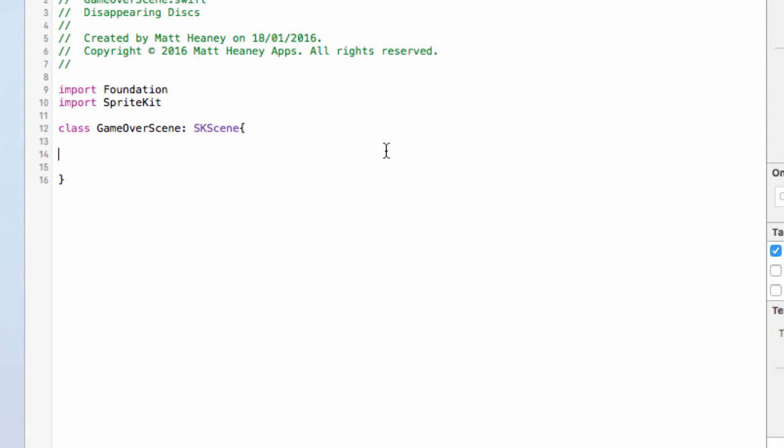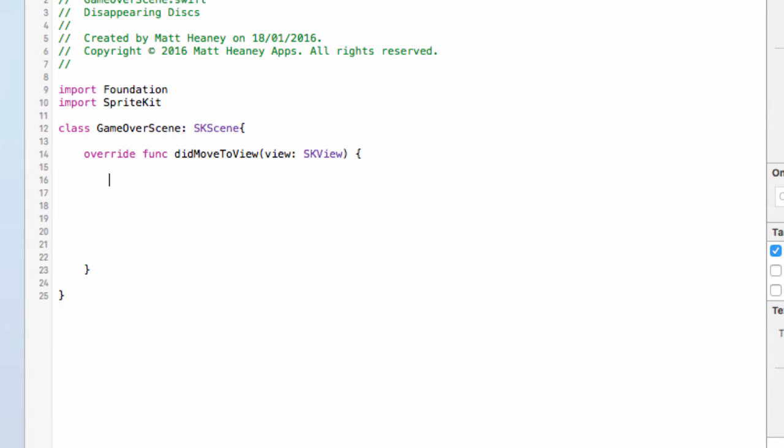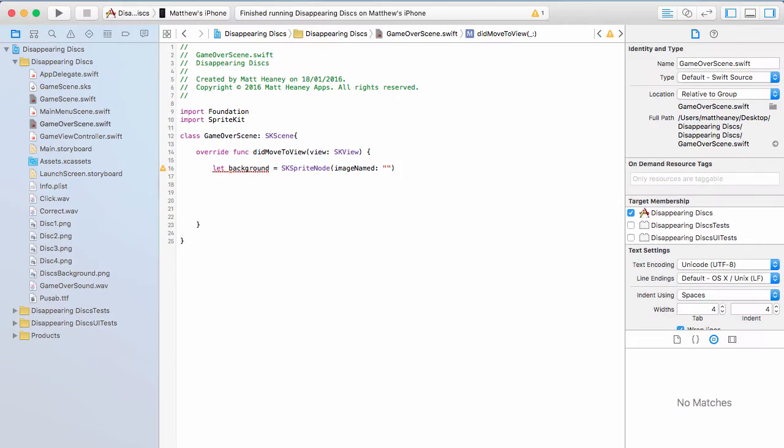So we want all of our labels and our background to be on the game over scene straight away, as soon as we move into it. So we will use our didMove to view function. And to start with, our game over scene needs a background. So let background, this is an SKSpriteNode because it's an image. Image named, we will use our background, which is called disks background, same one as the game. So disks